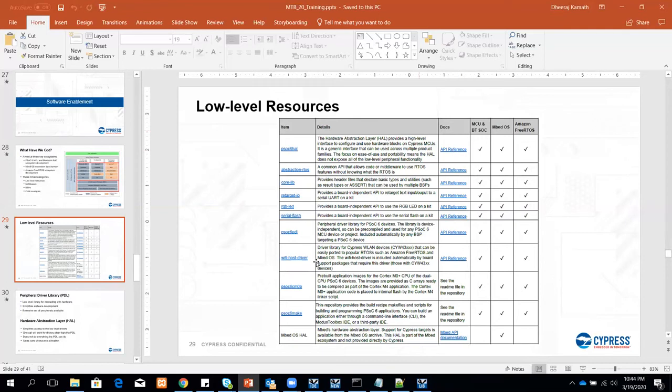As I mentioned, we have the peripheral driver library for PSOC 6, and we introduced the HAL on top of it to make it generic, so you can access each of the drivers in a very simple manner, and you need not worry about the device itself. So it makes it device agnostic. And also we have a couple of other libraries which are available that you can use directly and not worry about writing code from scratch.